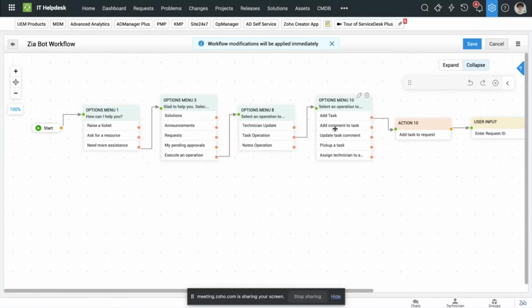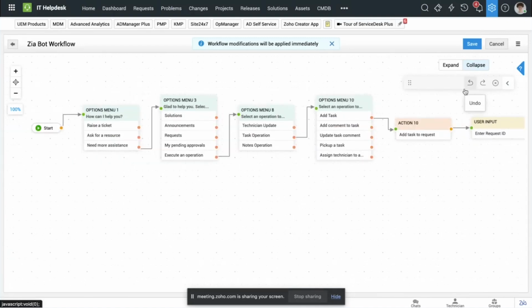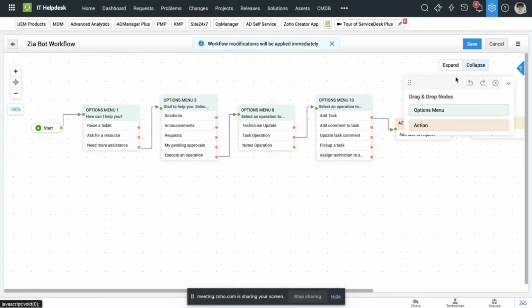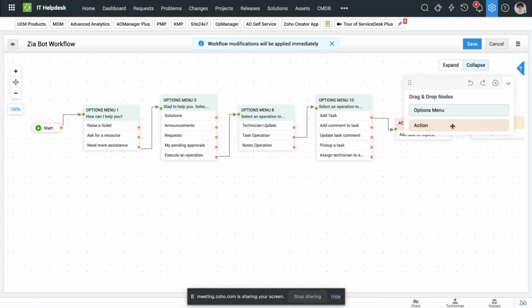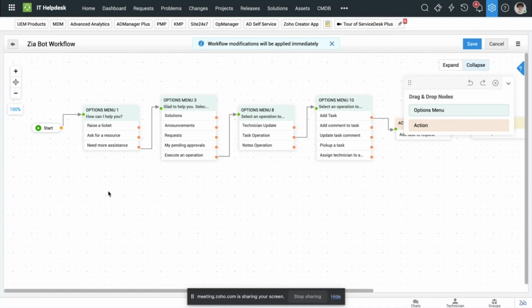So how do you build all of this? To build all of this, you require two most fundamental nodes, which are the options menu and the action node. The options menu are all the choices that you present to users, both end users or technicians. As you could see over here, we look at about 4 different options menus before an action is triggered. So this way you can guide them conversationally, which was the whole objective of the workflow, towards achieving